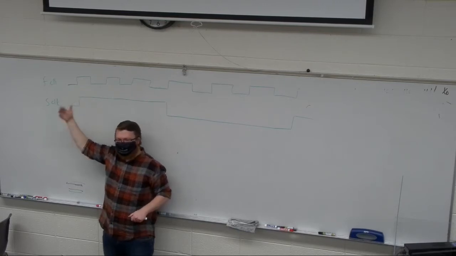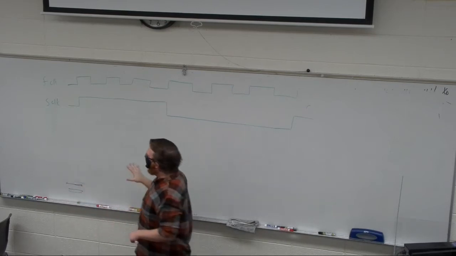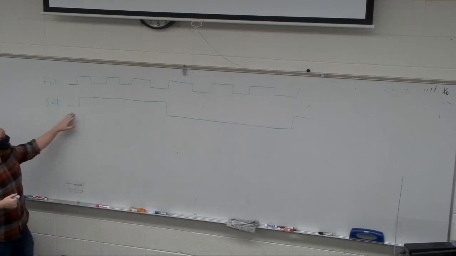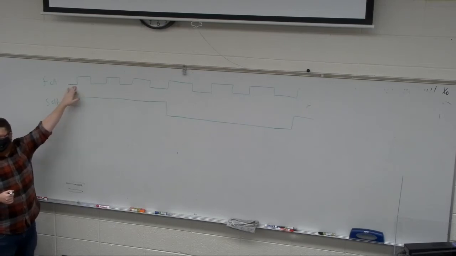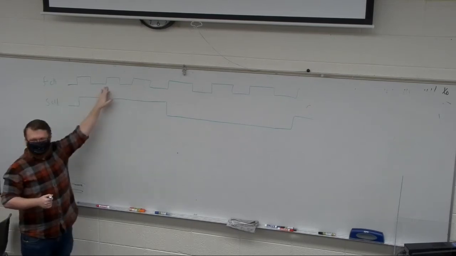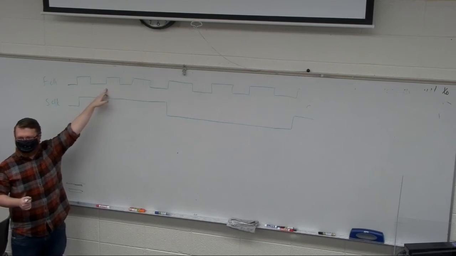So there's a couple different ways we can do this. One of the brute forcey ways is we look at this, and on the rising edge of clock, if the last rising edge of clock was low, and the next rising edge of clock is high, then we know that the clock happened here and we can update on this clock,